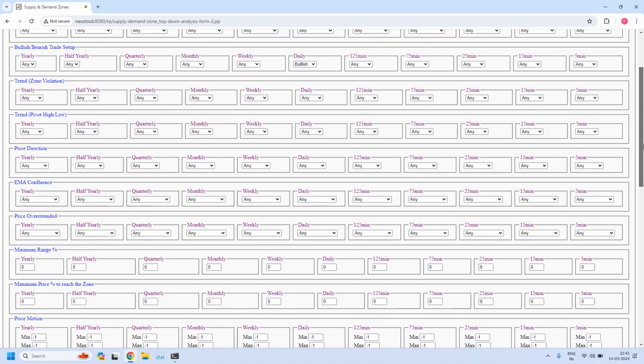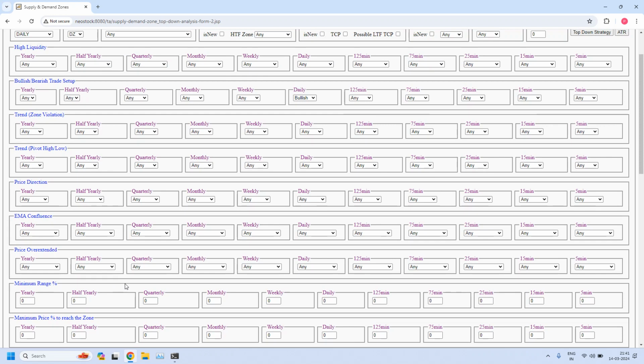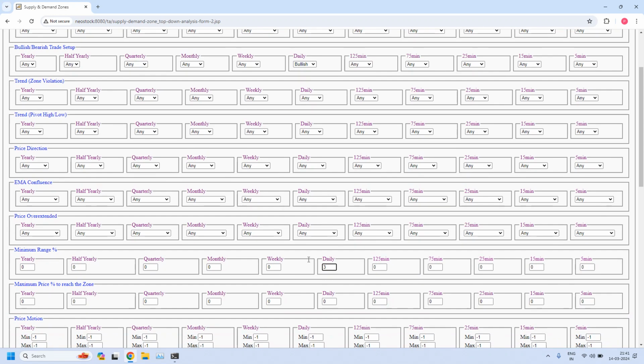And the second parameter, we will set between daily demand zone to daily supply zone a minimum 3% reward. For that I am using a parameter, minimum range. It is nothing but reward. In daily time frame I am setting the value 3. Now we will generate 3 different reports. The first report is with these parameters,